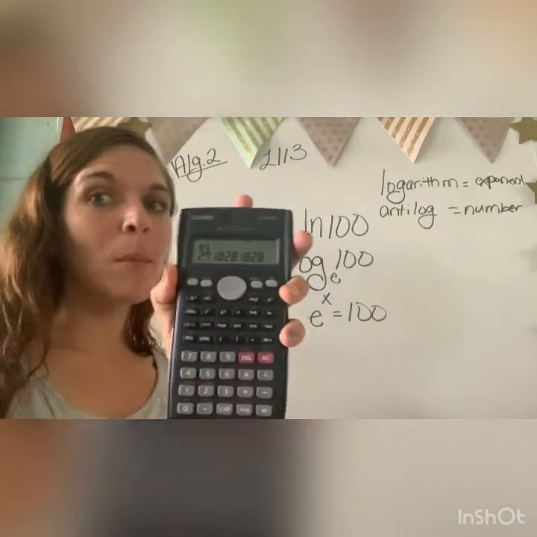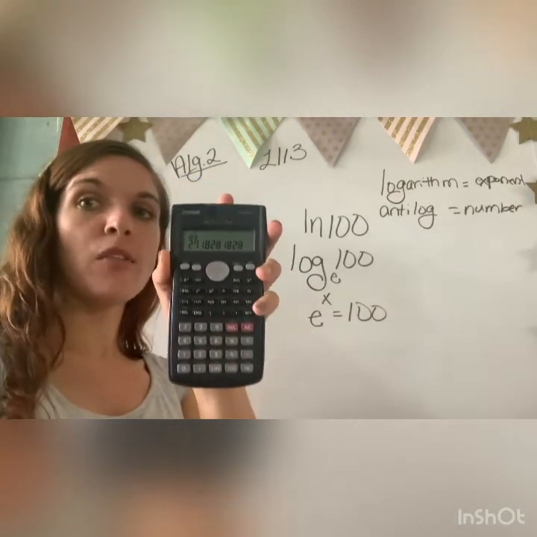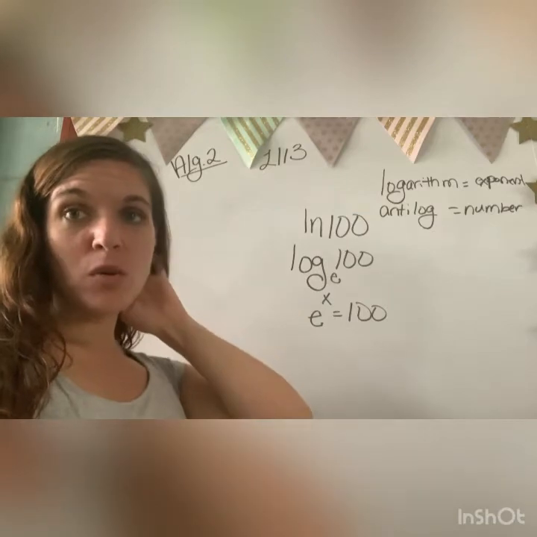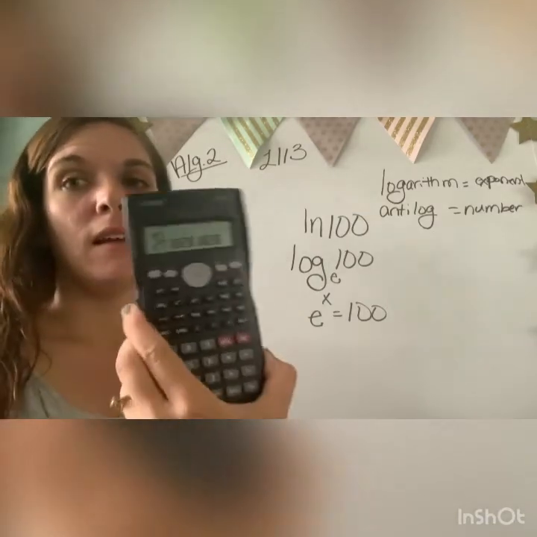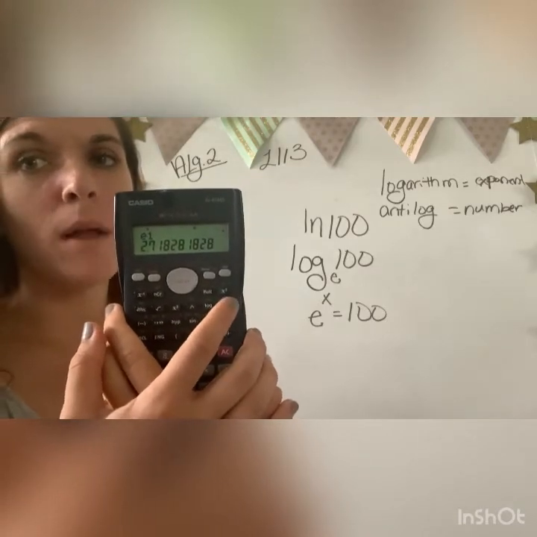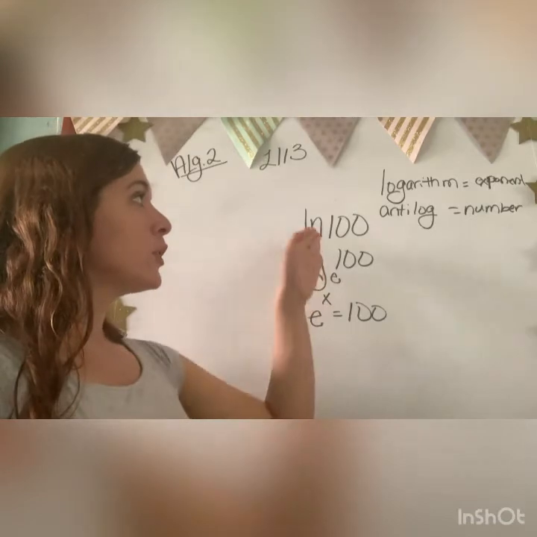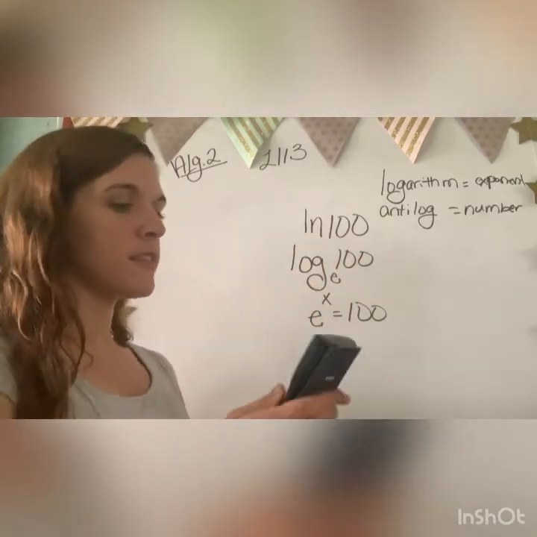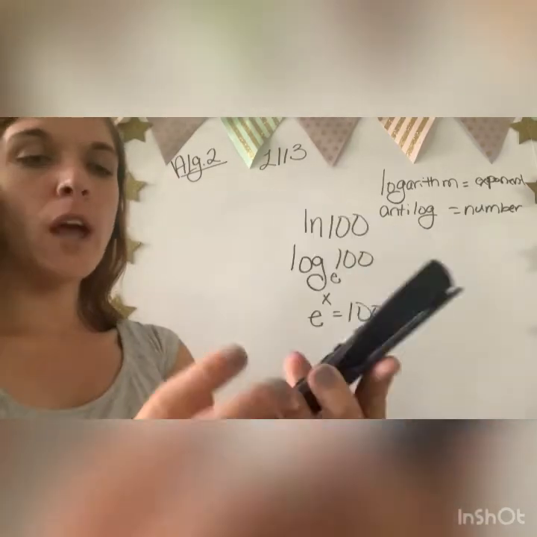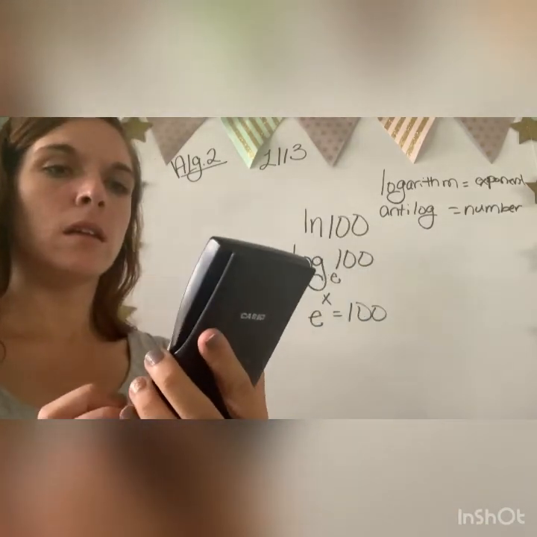It's this weird number that is used in a lot of calculus in different advanced math courses, okay? Do you need to memorize that number? No, because you can go to your calculator at any time and put shift natural log to find your e to the 1 and find your e. Okay, so go ahead and put this into your calculator. Natural log 100 is